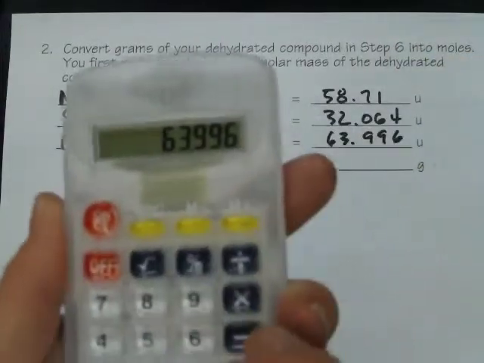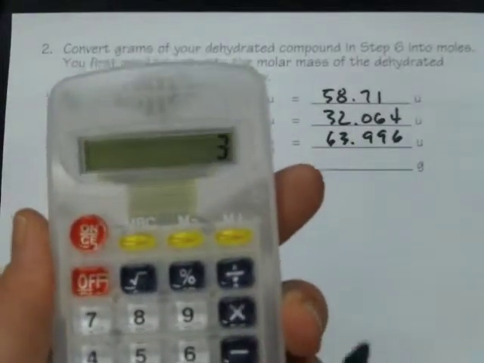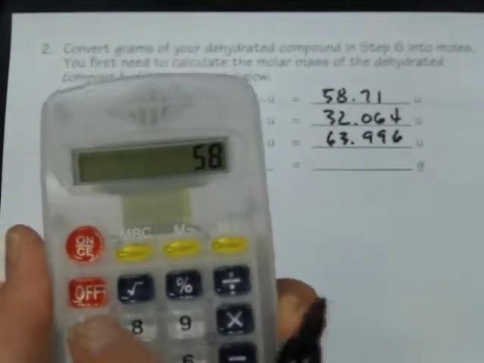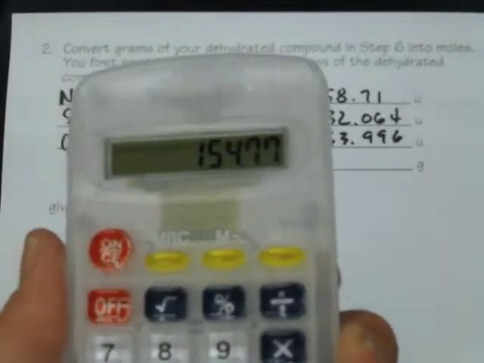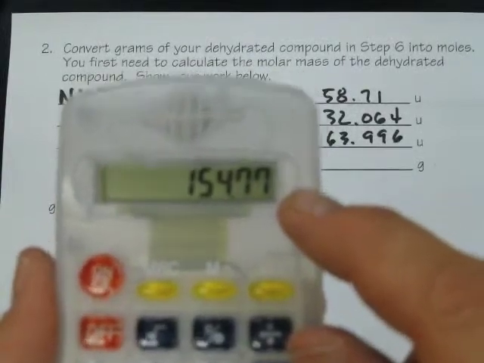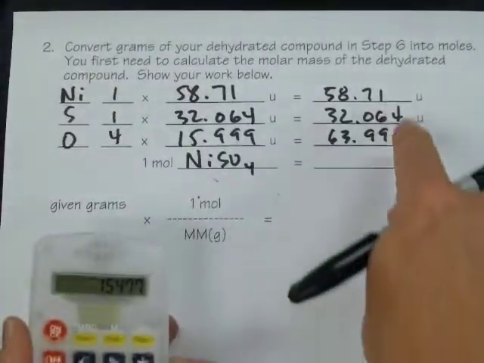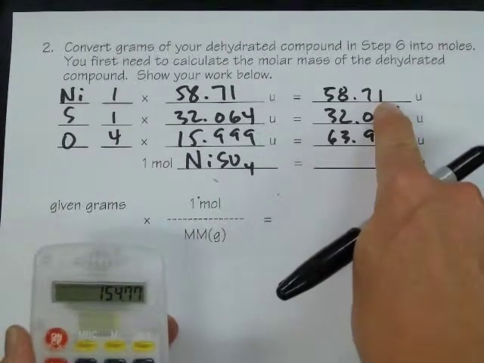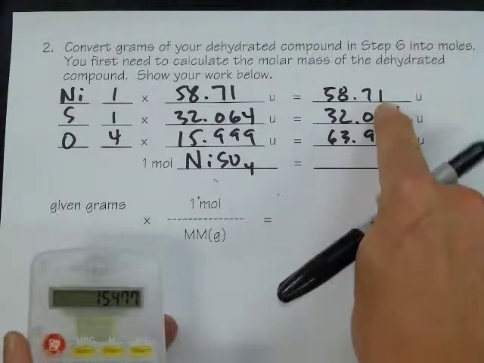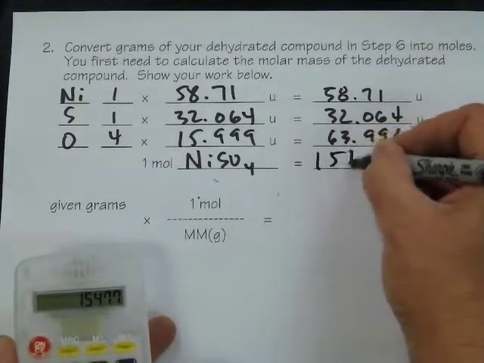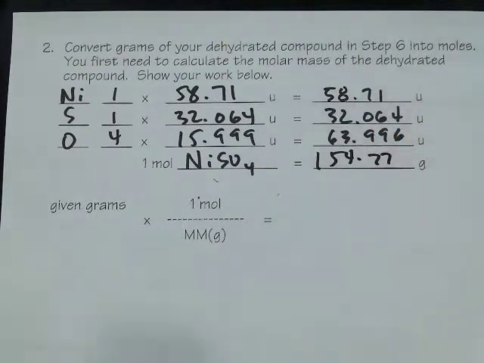So 63.996 plus 32.064 plus 58.71 equals, and the calculator gives me this answer. The answer on the calculator has 2 after the decimal point. Let's see how many can I keep. I can only keep 2 after the decimal point, since this was my weak link in the calculation. When you add or subtract, you keep the fewest places after the decimal point. So this is convenient. I can write 154.77. That's the molar mass, or the mass of 1 mole of nickel sulfate